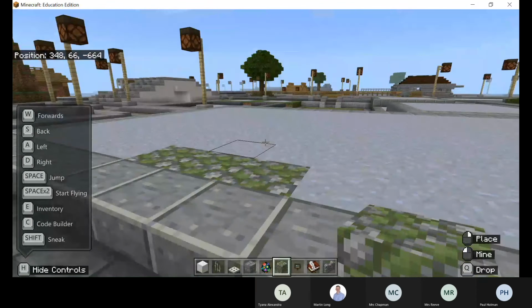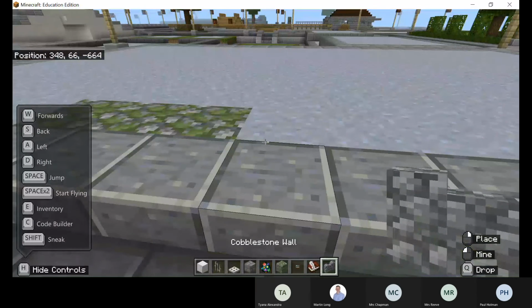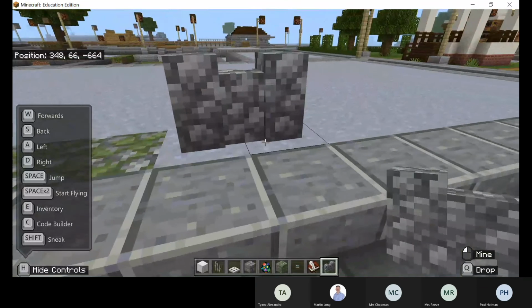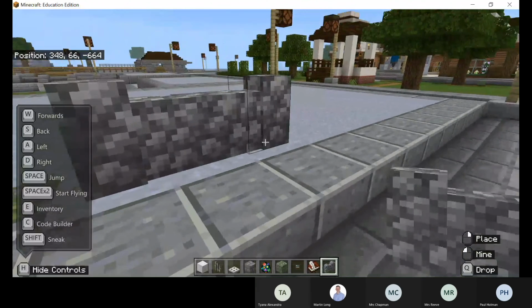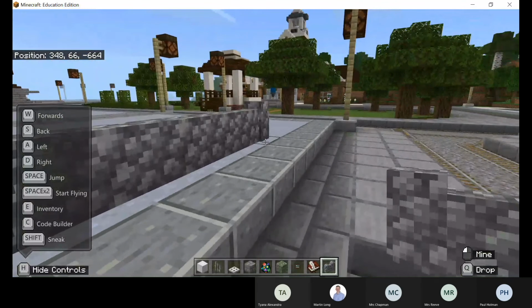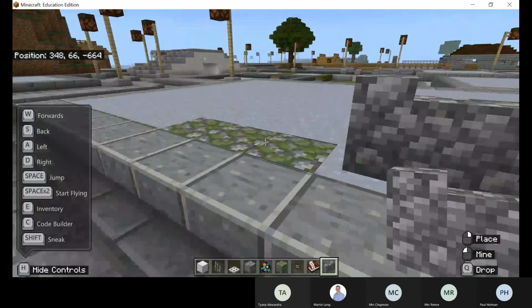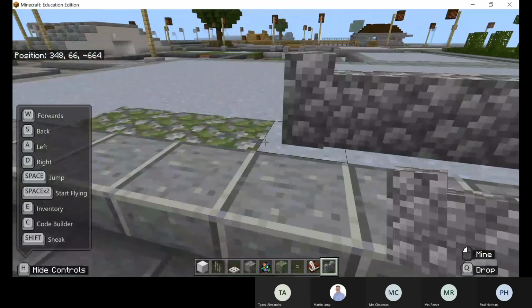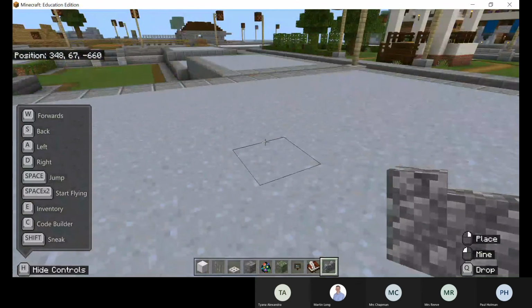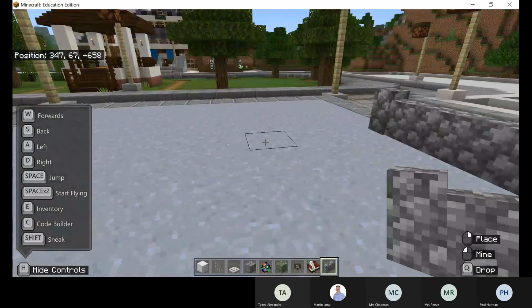Well, that's great, but now I need to build my walls, so I'll go across to there, and I'll start to pop my walls up, and then those will gradually build and start to fit together. You can see quite quickly you can get building. I'm not going to sit here today and do all of that, but it may be that I've achieved something and I'm really proud of it, but I want to document what I've done for my teacher. Well, there are ways to do that, and that's where I've got the Book and Quill.